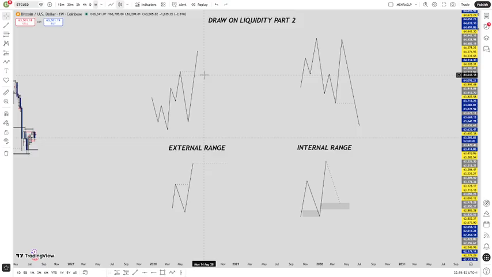They are there to guide me, because I told you guys that price does not move in a straight line. It will take one draw on liquidity and then move to the next draw on liquidity. So you have to be very careful, because you probably might have gotten a setup close to where the draw on liquidity is about to end, and then you think it will just continue moving in that direction forever. No,